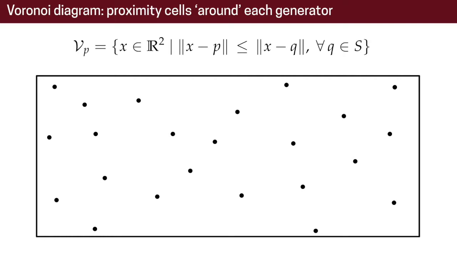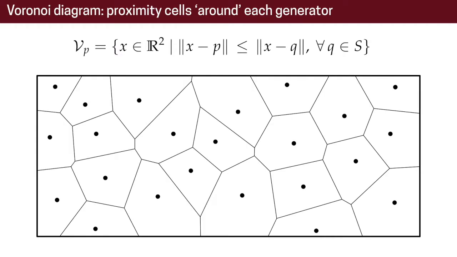lesson. So if we have a set of points on the plane, for example, the around 25 points that we have here, then the Voronoi diagram creates, well, if we explain it simply, proximity cells. So it means that every point that we can call a generator creates one cell, as you can see here. So if we have 25 points, let's say now, then we have 25 cells, and each cell represents the space